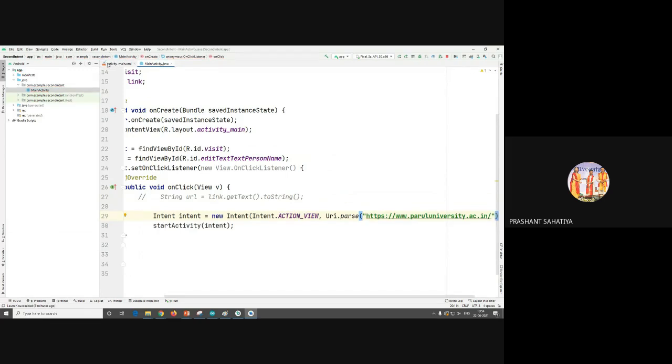This is just a guess, okay, according to my understanding.